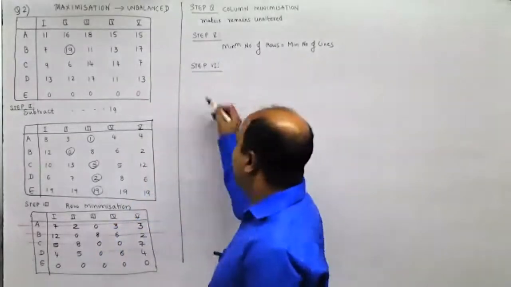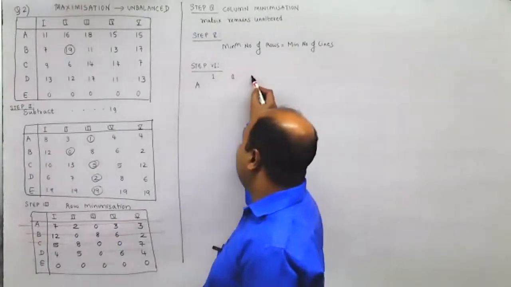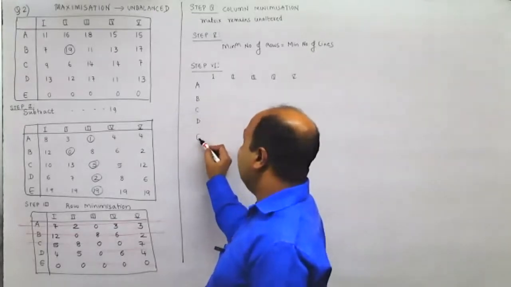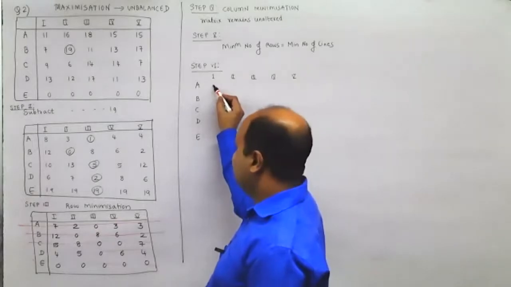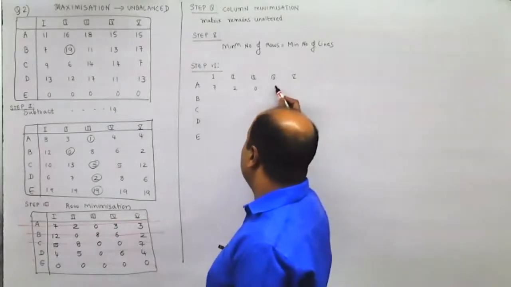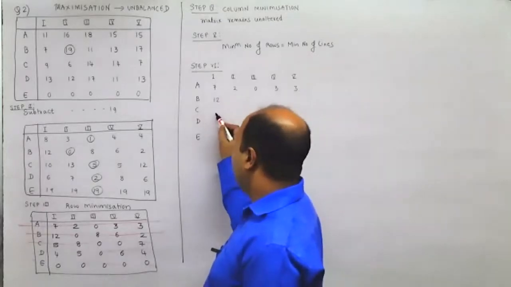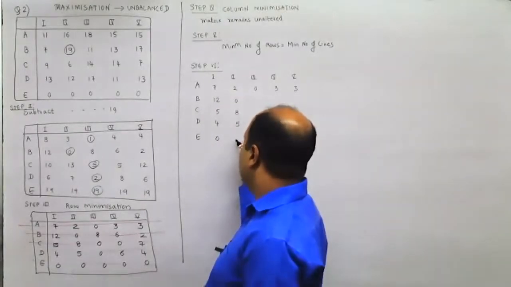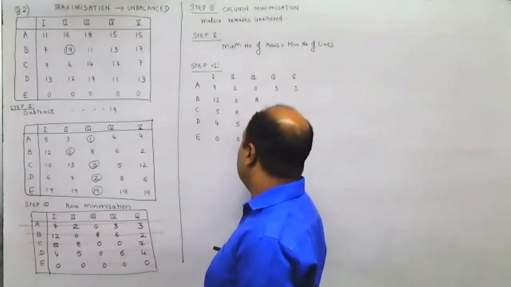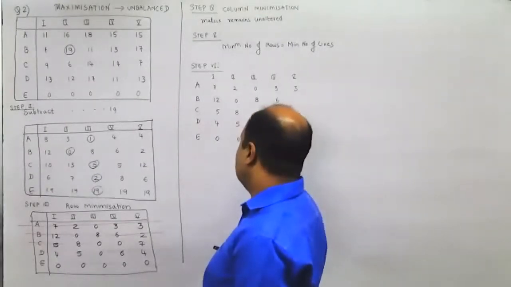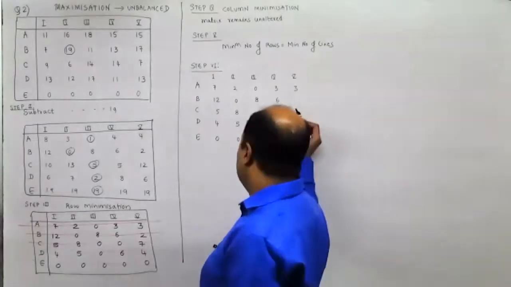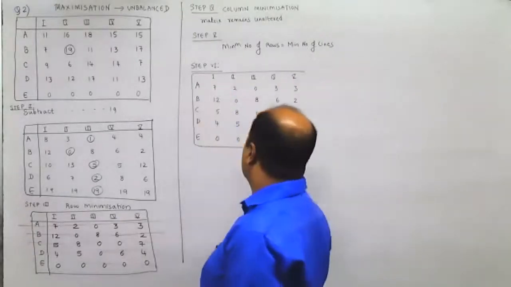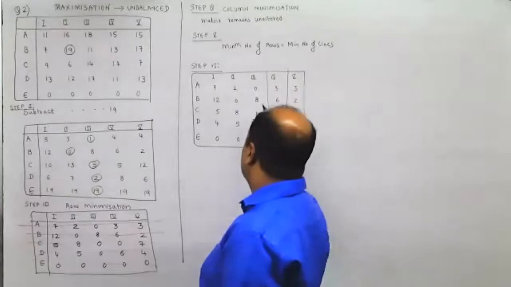So here, this is 1, 2, 3, 4 and 5, A, B, C, D and E. This would be 7, 2, 0, 3 and 3. This would be 12, 5, 4, 0. This would be 0, 8, 5, 0. This would be 8, 0, 0, 0. This is 6, 0, 6, 0. This would be 2, 7, 4, 0. So yeah, the matrix can be covered with 4 lines.